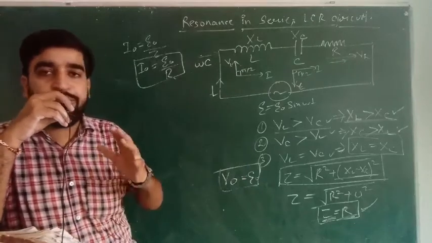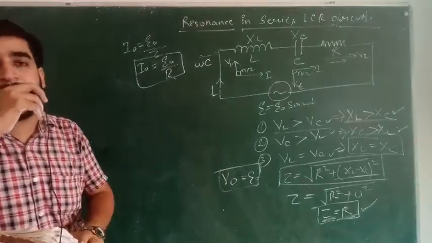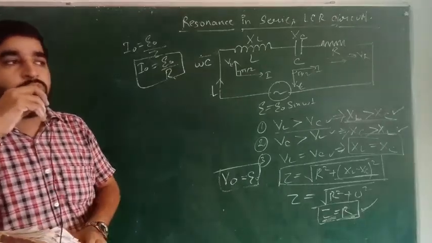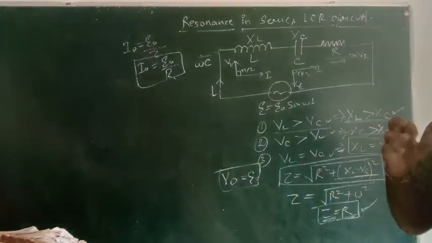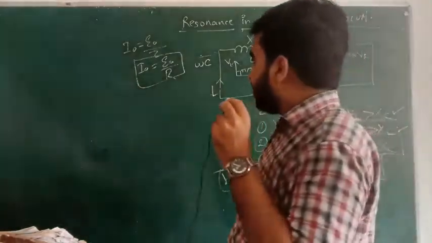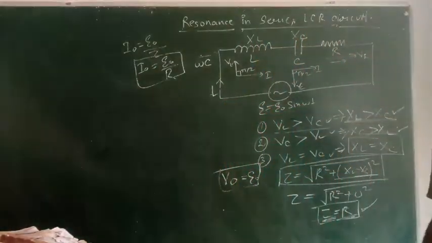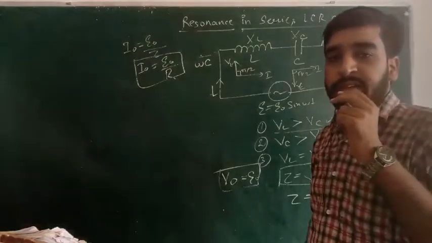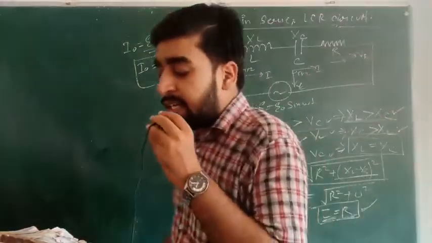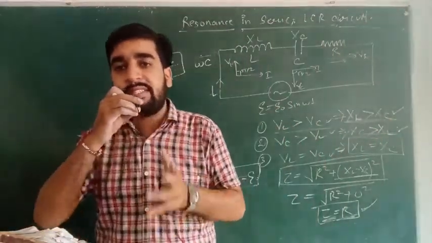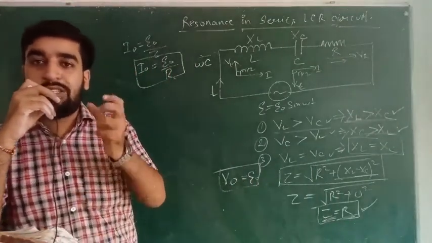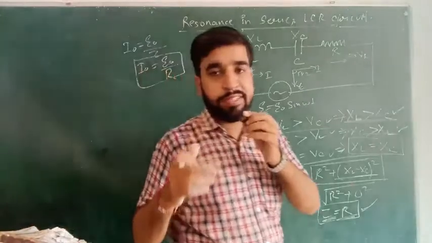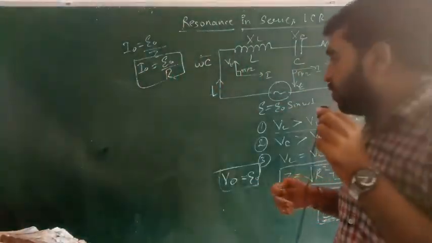But which kind of phasor diagram will there be? So students, which kind of circuit is this? That is a very clear picture to you. This is a purely resistive circuit. In the resonance condition, the circuit is a purely resistive circuit. How? The question is, how is this a purely resistive circuit? So let us come to know.